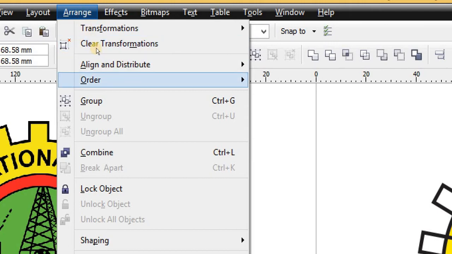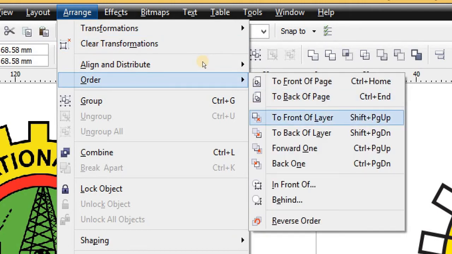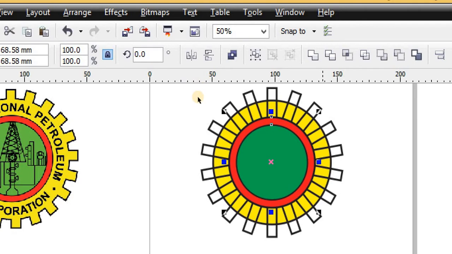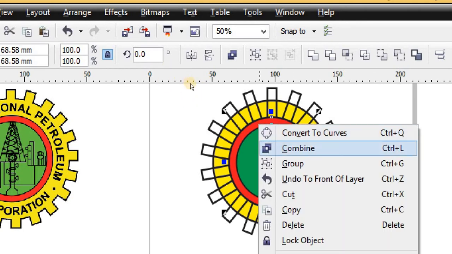Arrange, Order, To front of layer. Shift Page Up should have done that for me. But because I'm assuming that most of us didn't know, that is what I'm actually doing. But another way of doing it too could have been to right click it and choose Order